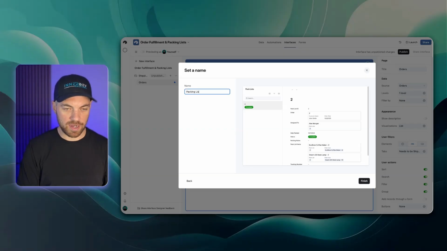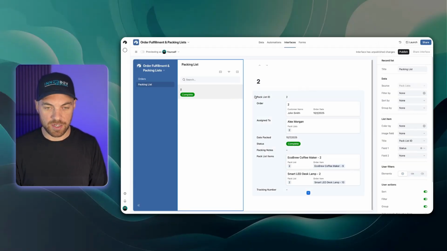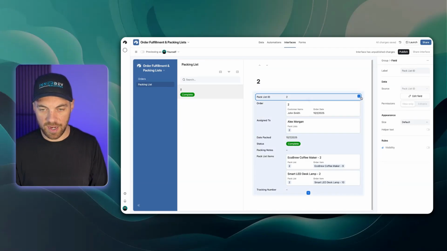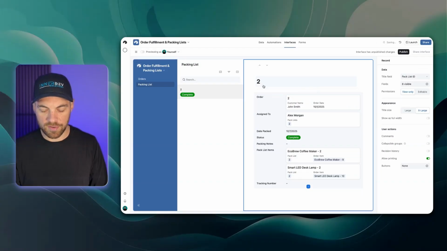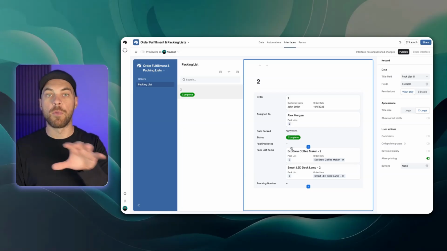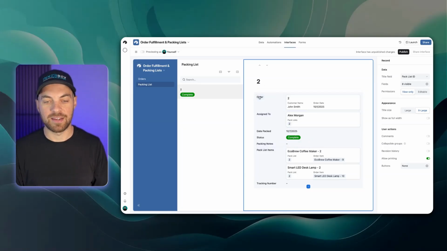I'll just call this packing list. And now I can modify this page here. I'll select the group. I'm going to add a background color. I'm going to remove this ID as it's showing up twice. This is a packing list that I had already created in the system. I'm just going to use this to modify the interface, and then we'll actually go create our own packing list